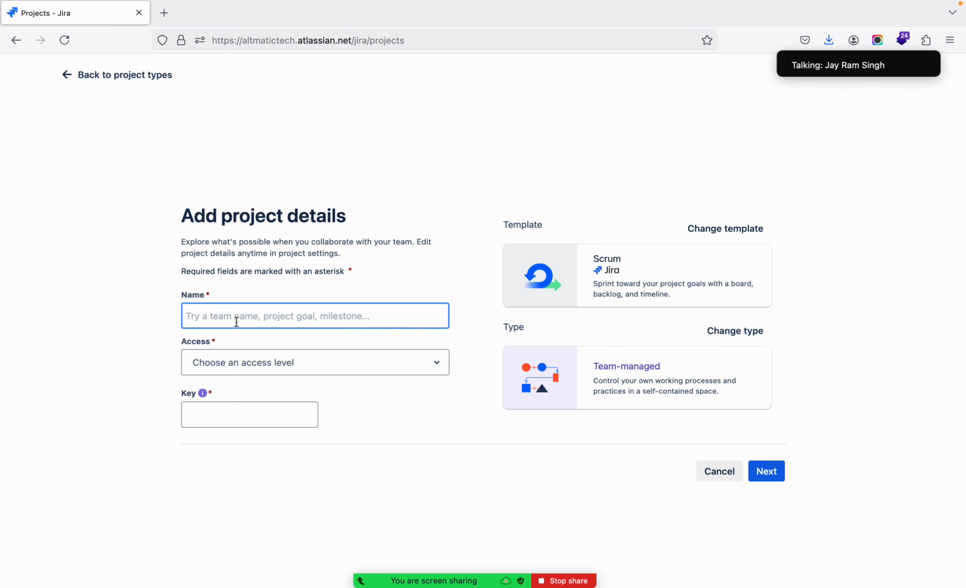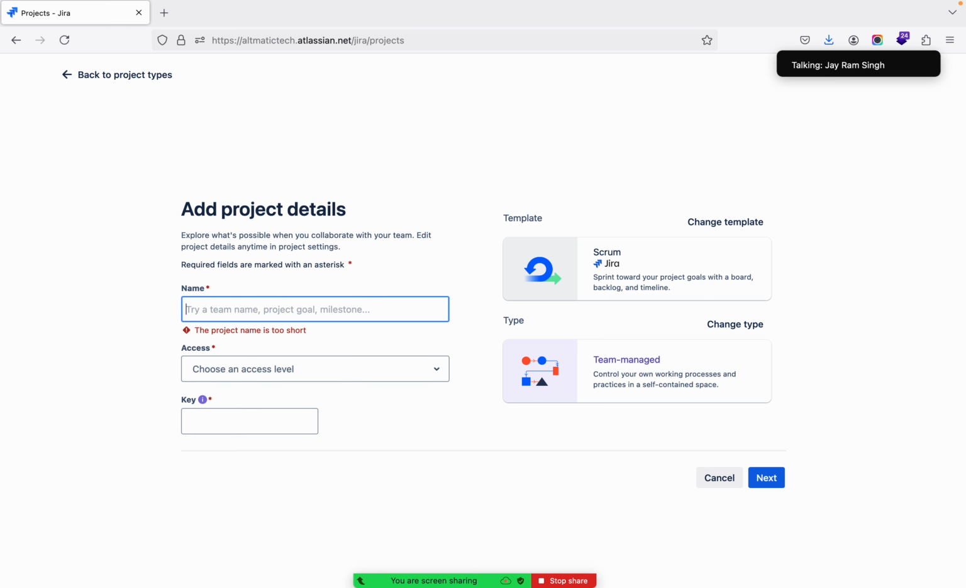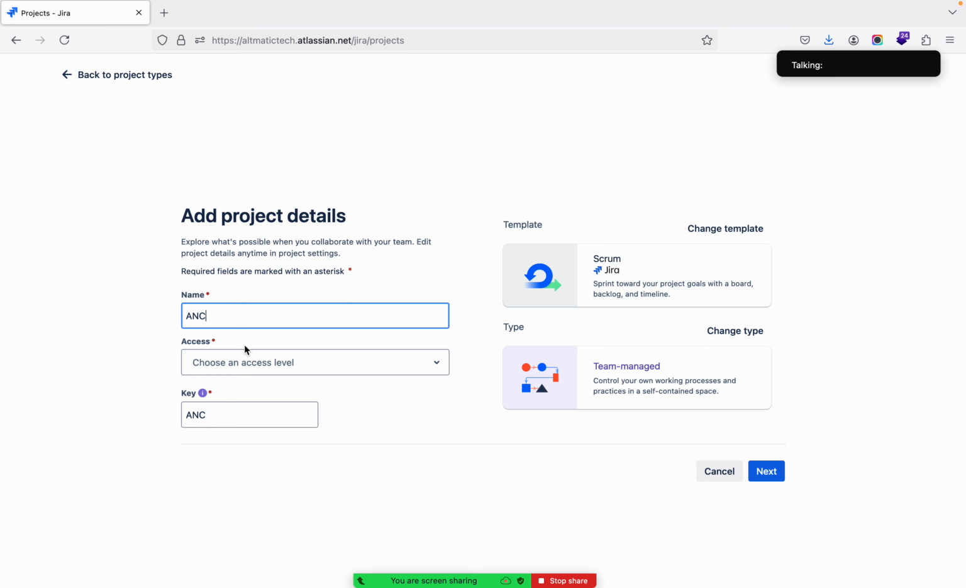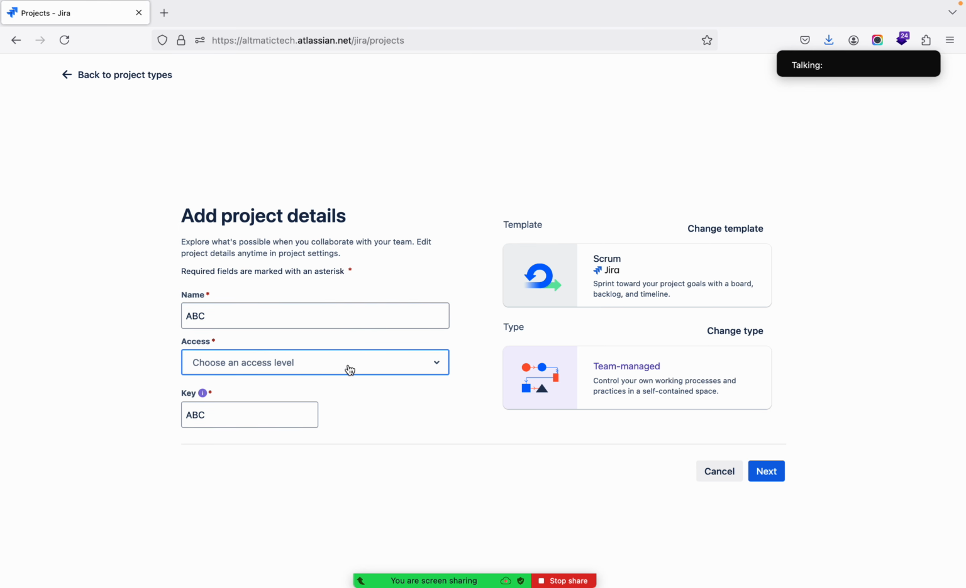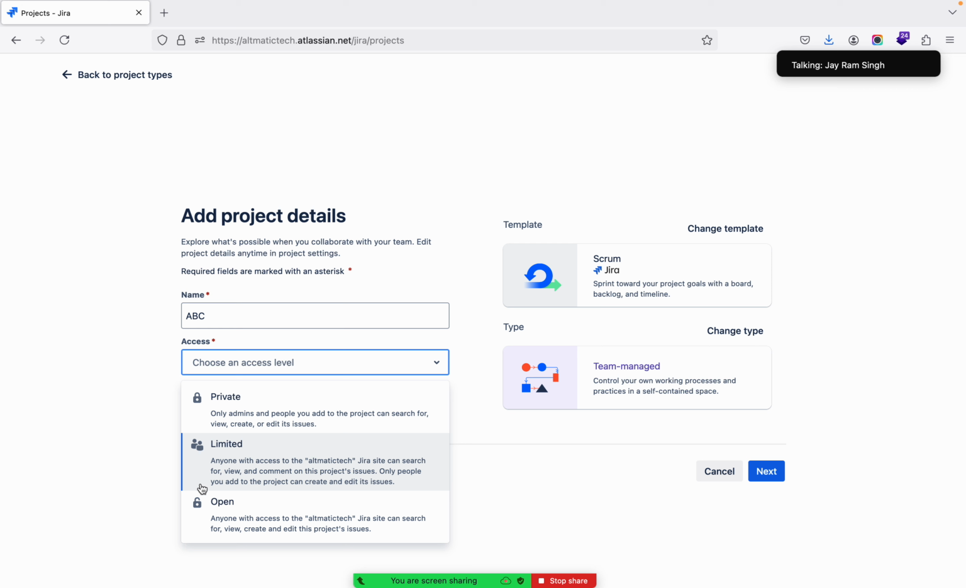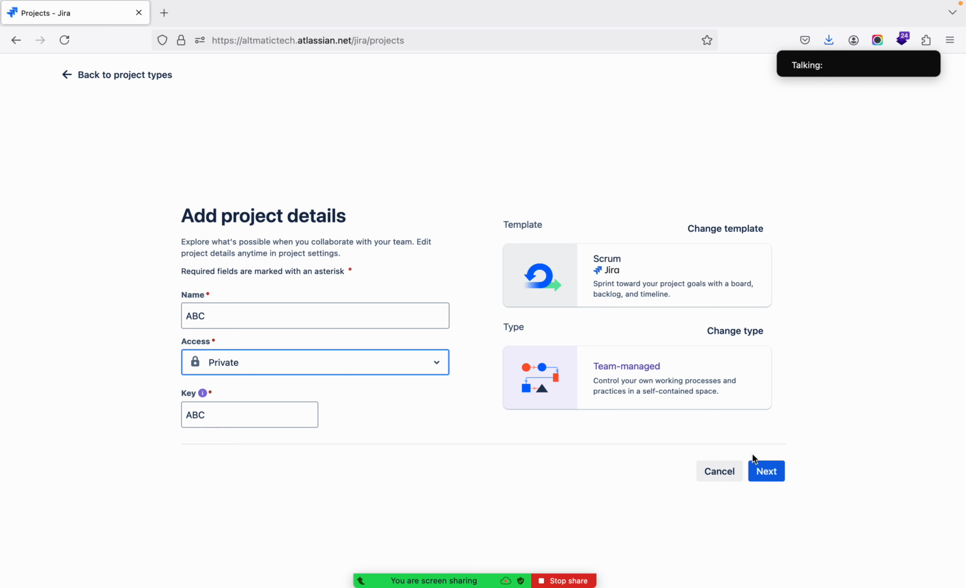So better to choose team managed. And here you can see the template type, then project name, ABC project. I'm just typing for you. Also there is a private, limited, open access level. So within the organization, I always recommend going with private. And then next,